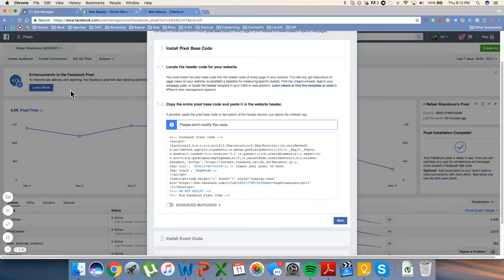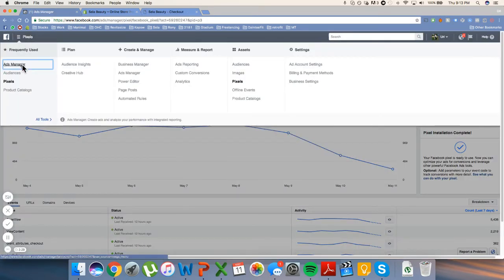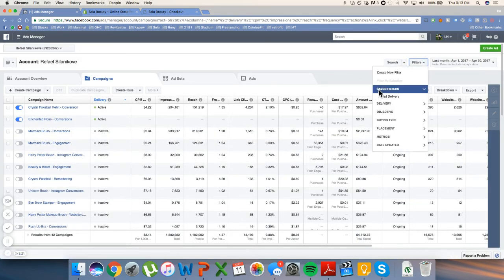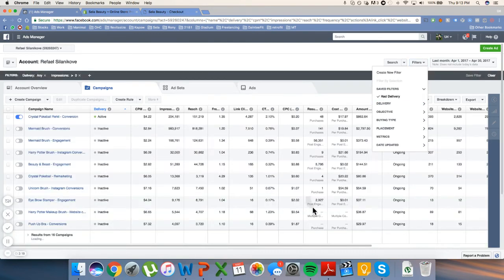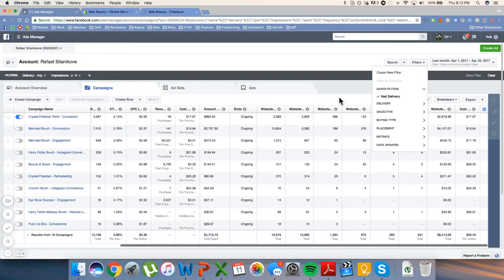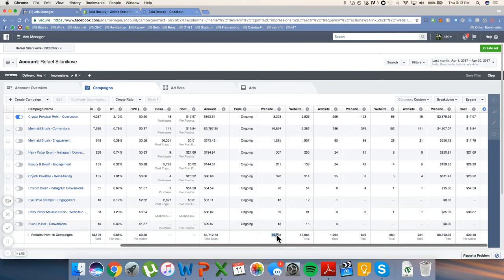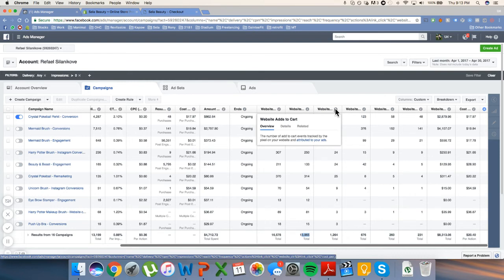So in my ads manager, I was on the pixels, but I'm just going to go back to my ads manager here. And I'll just quickly filter everything by had delivery. You don't have to do this. Now, if you notice on the right side of my screen, I've got these columns here, right? This column is website conversion. So this is a total of all the conversions, all the pixel fires, and there has been 16,578 pixel fires, but there haven't been 16,578 conversions. This 16.5K is actually a summation of the almost 14K content views, 1.2K add to carts,